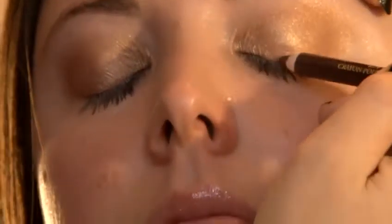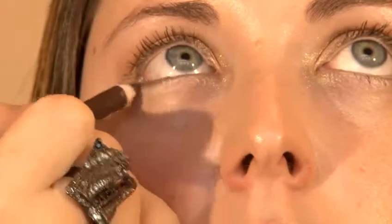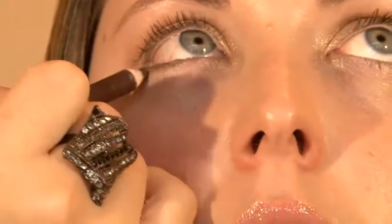And for that look I'm going to use a brown pencil. So close your eyes for me. I'm going to use a brown pencil on the top, just in between the root of the lashes, just above the root of the lashes. Not too much, it's just to define the eyes. Look at me. Okay. And I'm going to do the same underneath. So look up. So again, it doesn't have to be a precise line, it's just...